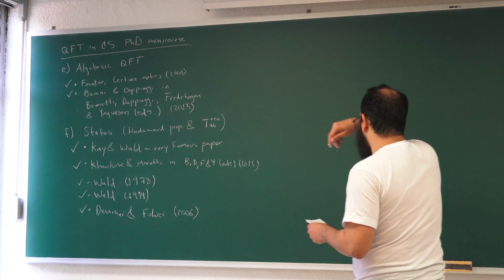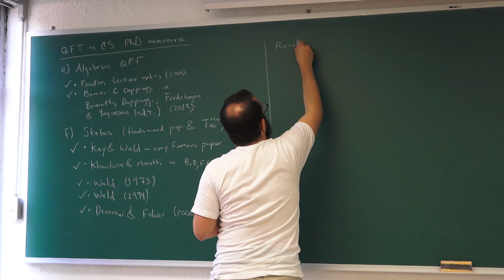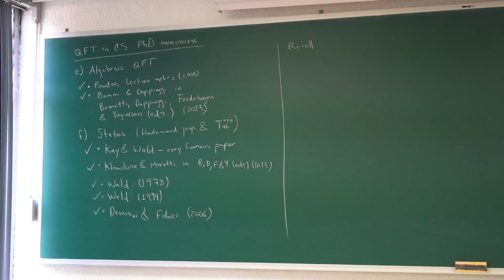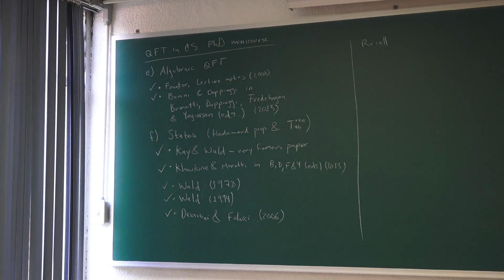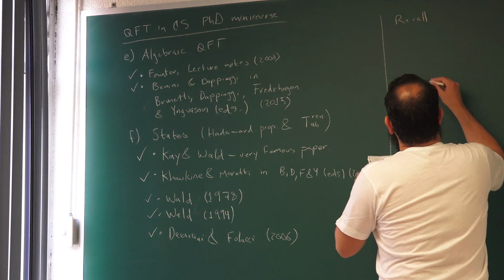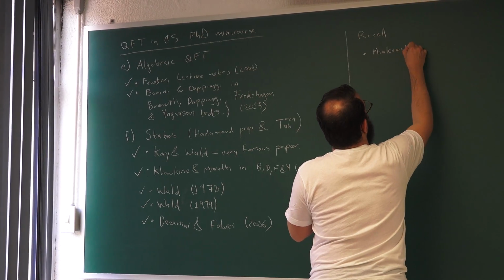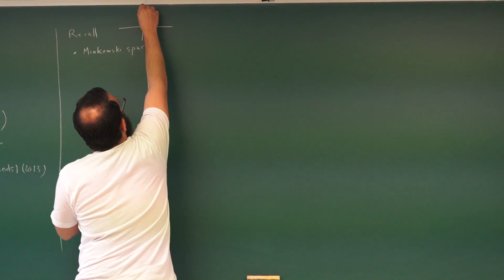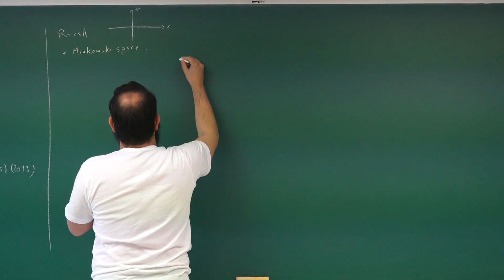Okay, so let's start by recalling. So recall that last time we made a construction. In fact, we made one construction for the Fulling-Rindler vacuum, but we had already constructed the Minkowski vacuum in the first little lecture that we had. And so the story was the following. So you can go to Minkowski space, which I'm going to draw here, and construct a Minkowski vacuum